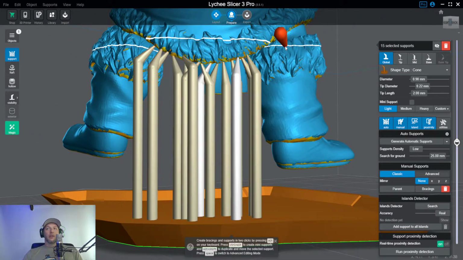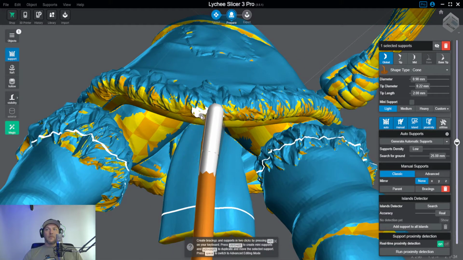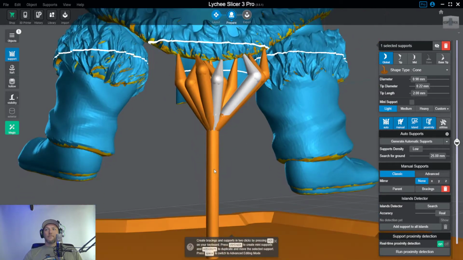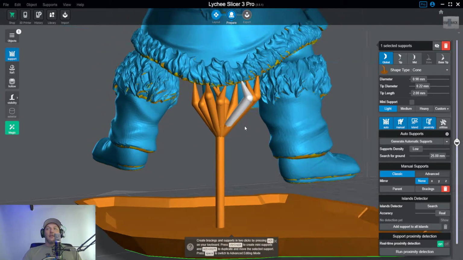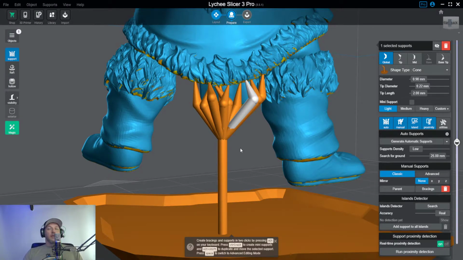Could I alternatively have done something like this? Absolutely, I could have done that. And I don't have full pillars front to back, right? Or from bottom to top, so to speak. Because I'm using the tree in this way, I'm able to maintain priorities 1 and 2. I'm keeping the detail. It's easy to remove, and I've managed to not waste. It's a minor amount of resin, but I've managed to not waste a bunch of resin on pillars that were